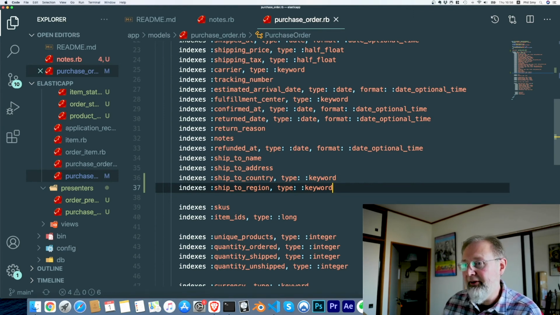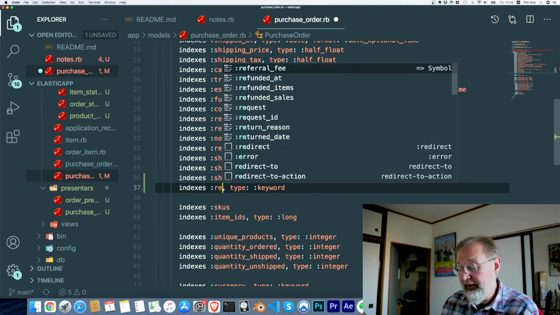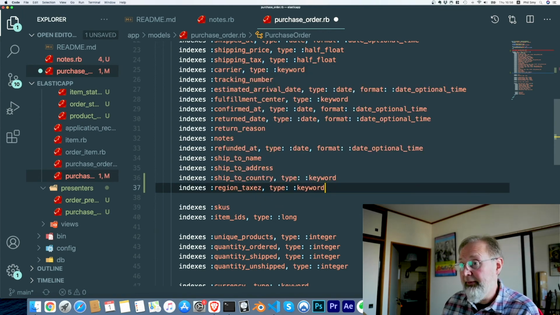So we've added a new field. How do we do that? If we don't push it properly into Elasticsearch, this field will end up wrong. In this case, it might by default end up as a keyword, but if it was something like region taxes, that was a float,